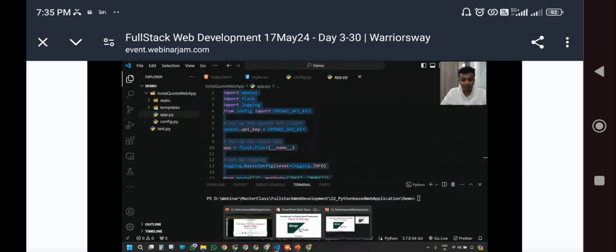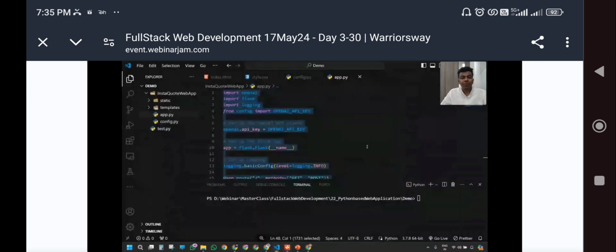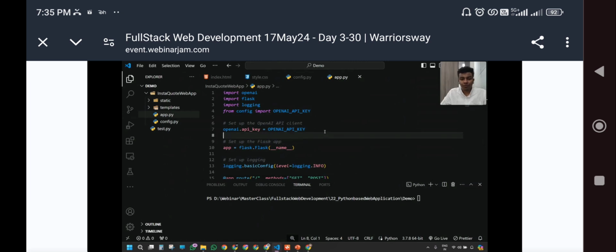So let me update it here. This is how the functionality of your code is going to be, and this is the procedure to set up our code.